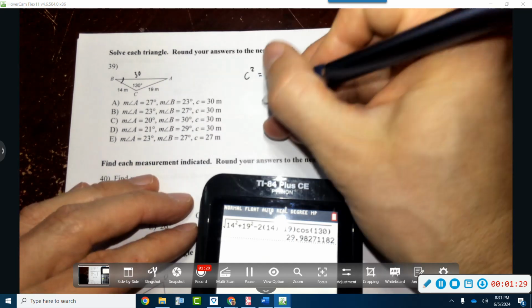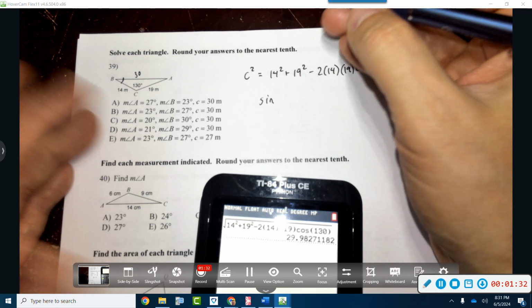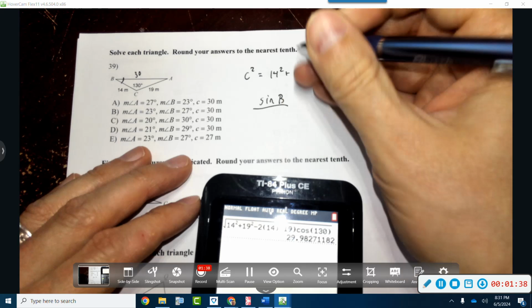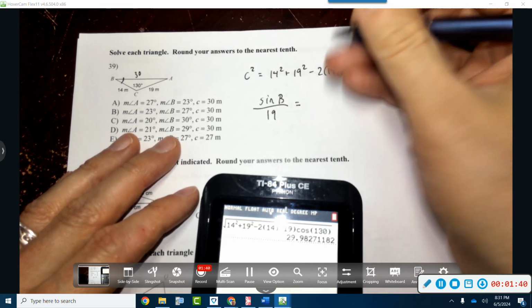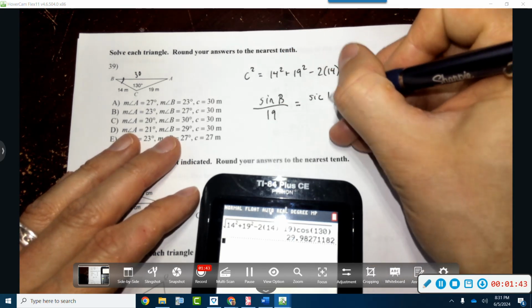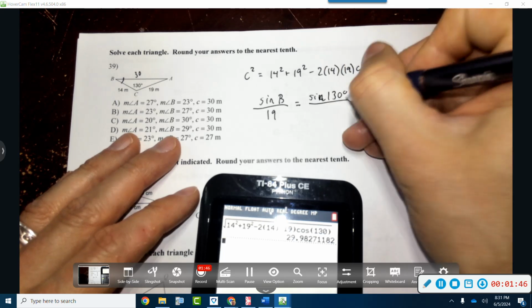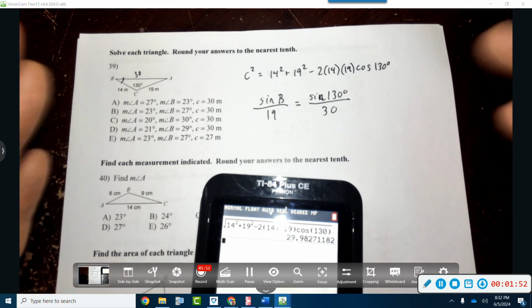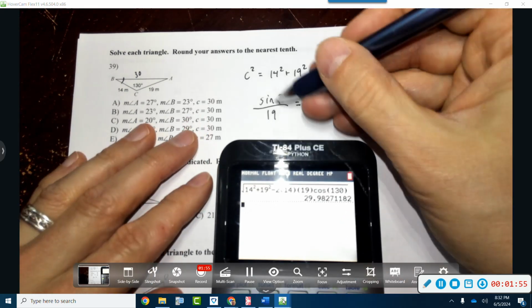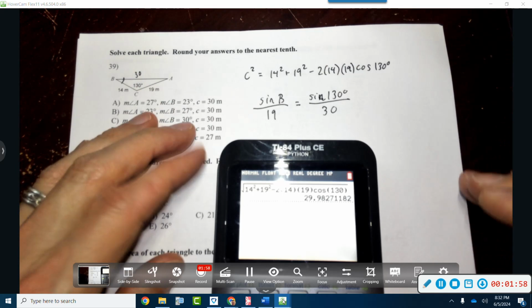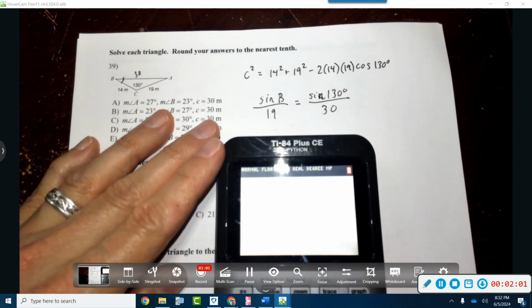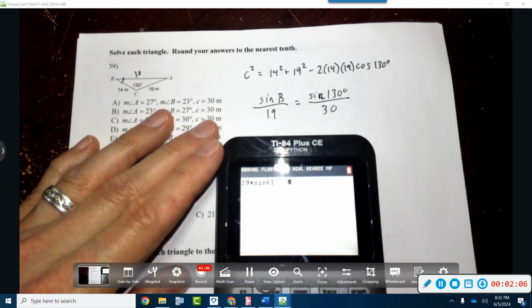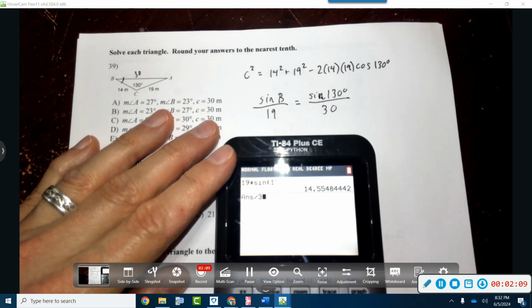So basically, if I just do the law of sines real quick, and I kind of wanted to show you this too. The sine of B over 19 equals the sine of C over 30. Now, I just wanted to show you that you can actually rotate these. You can put the sine at the top. In fact, some resources just do that. They'll put the law of sines as the sine in the numerator, but it's no big deal. So I'm going to multiply those two times the sine of 130, and then I'm going to divide by 30. I get